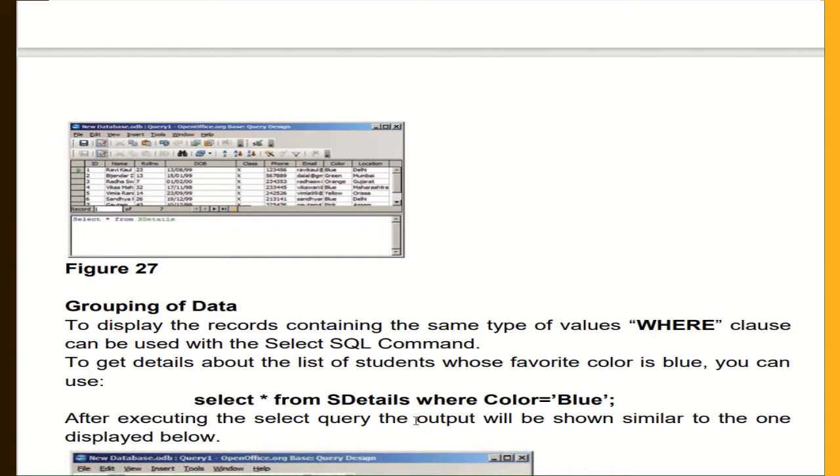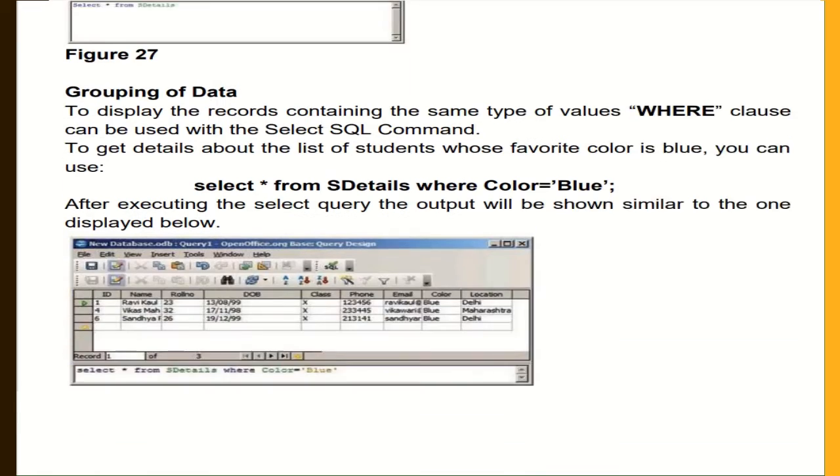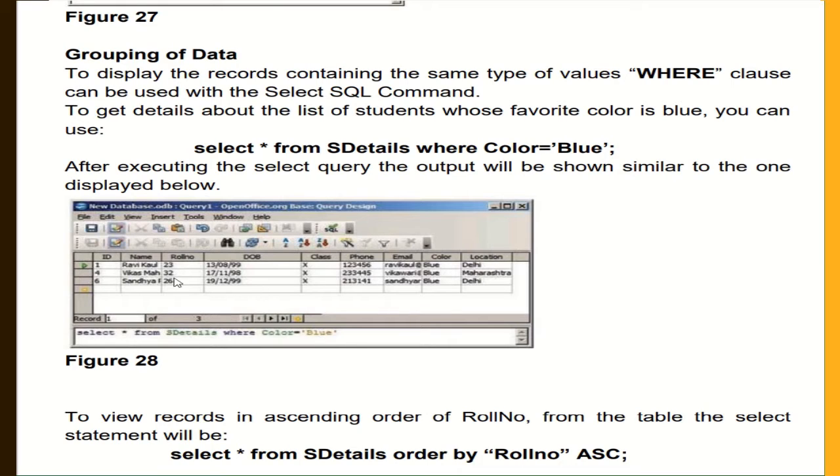But if you want to see the data which is very specific to your content, then you need to specify which particular thing you want to show. Only one detail you need to write here, like the color which is blue, that particular row should be shown. So the color which is blue will be shown. Okay, so see, like this you will get the output. When you write it, only the blue color data will be shown, not all data.